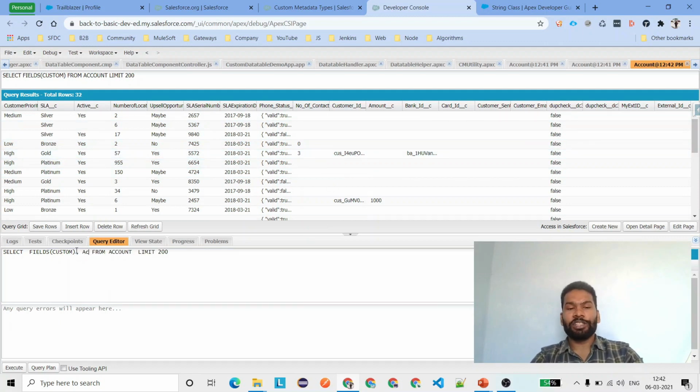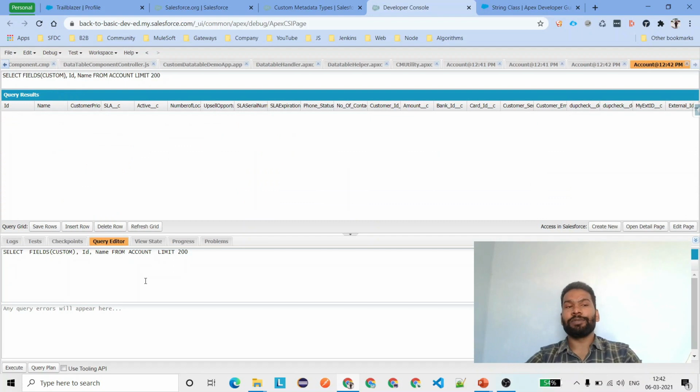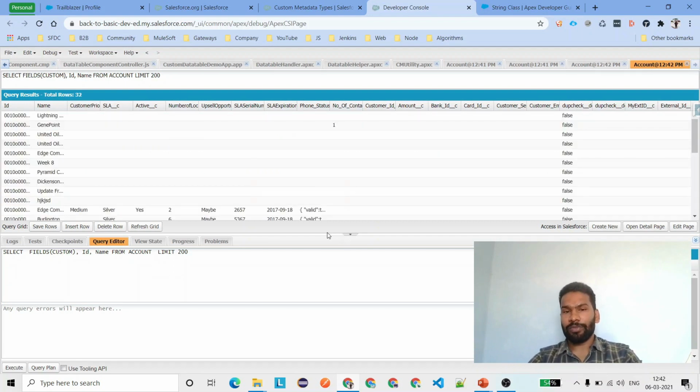Let's try to put the custom field Active here and execute, and we get a duplicate field selected error. Why? Because fields custom already fetches all the custom fields. If you want some standard fields like Name or Id, just put those and it will work without giving any error.